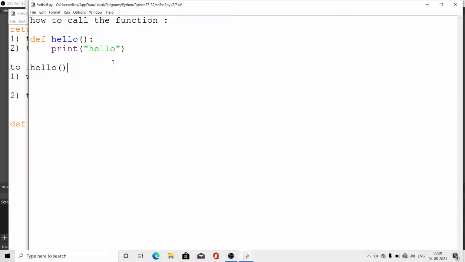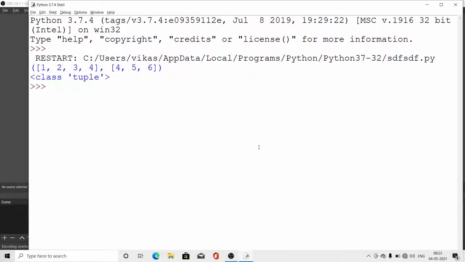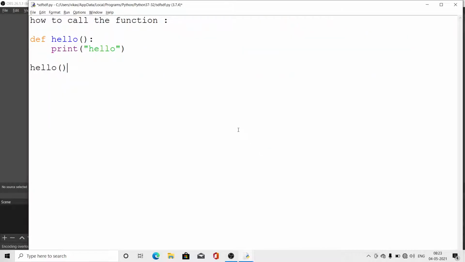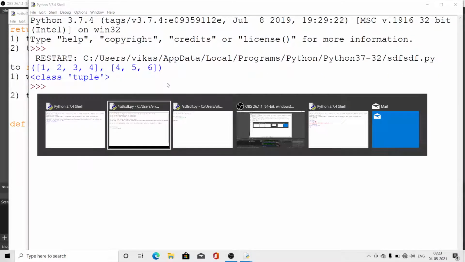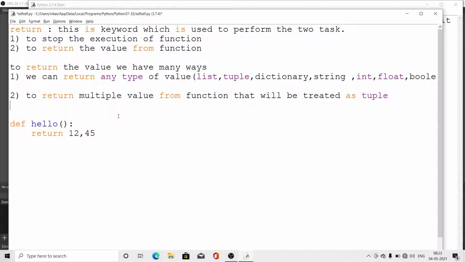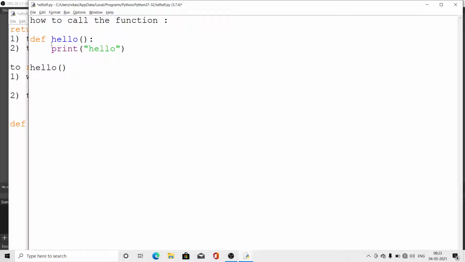Case sensitive means whatever the value, whatever the name, in whichever way I have written, the same way I have to call. So how to call the functions? We have written here definition hello, print hello, and then I wrote print hello only.